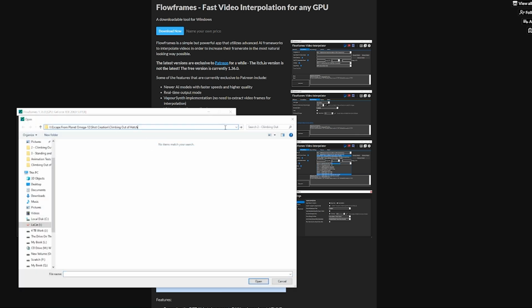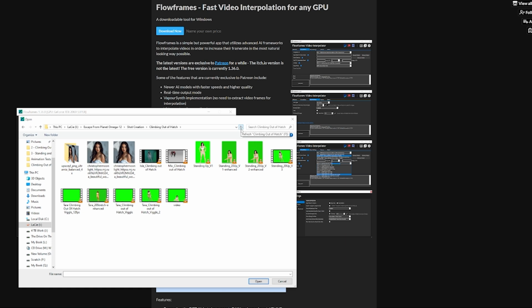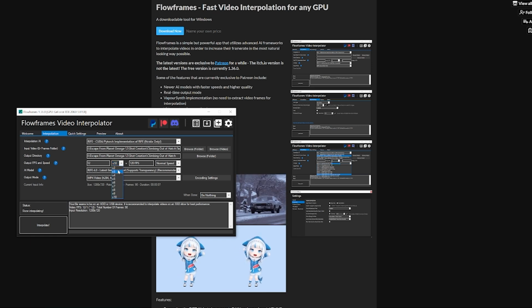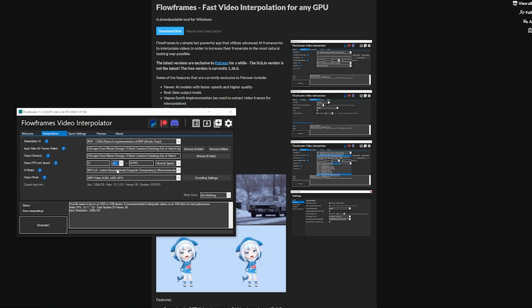And then you paste in where you want to get your video from. And so there's our 12 frames per second. So it's loaded it, and you can see here where it says output, FPS, and speed. It already knows that your original video is 12 frames per second, and it's doubling it up times 2 for 24 frames per second. You can actually double up like 10 times if you wanted 120 frames per second. But we're just going to go for the traditional cinema quality 24 frames per second, because these days there are